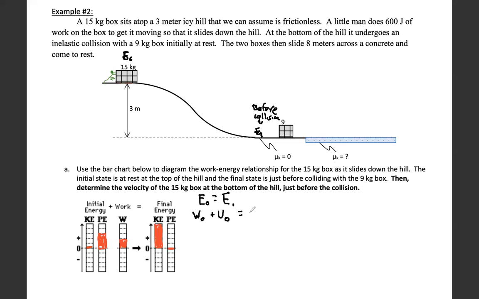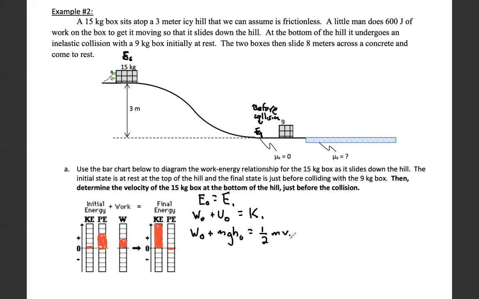That's going to equal the kinetic energy at the bottom of the hill. There's no potential energy at the bottom of the hill, and before the collision there is no additional work aside from the work we started with. So we know this value we were given: work initial, plus mg h initial, equals 1/2